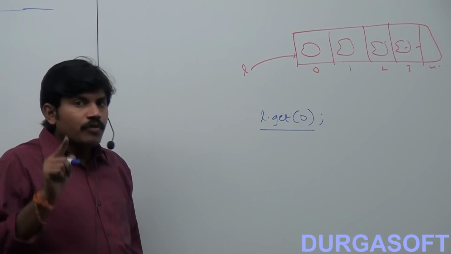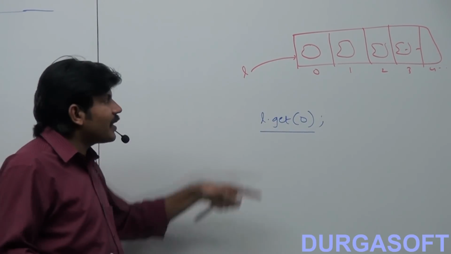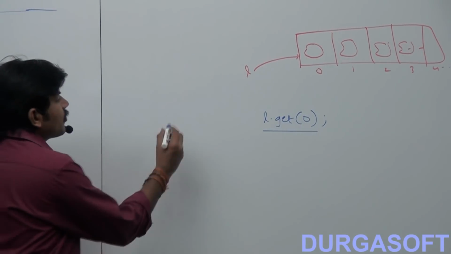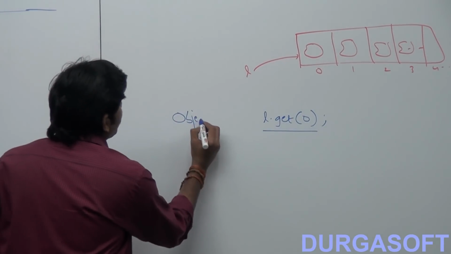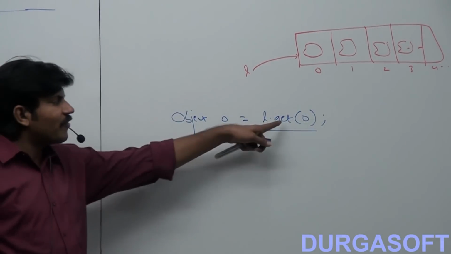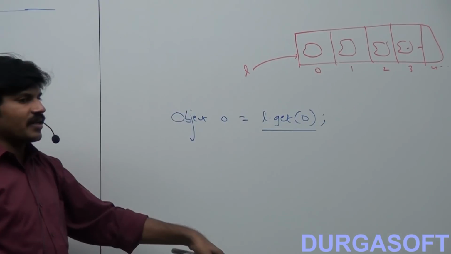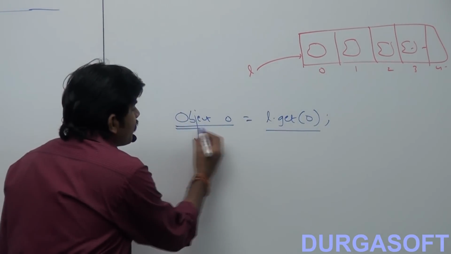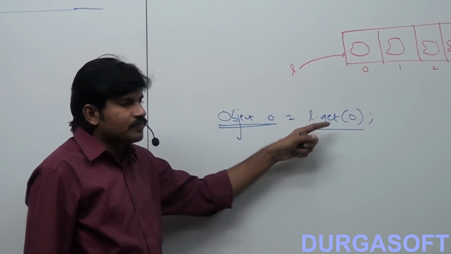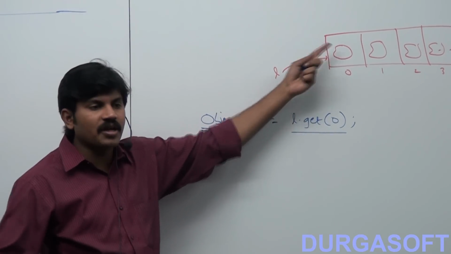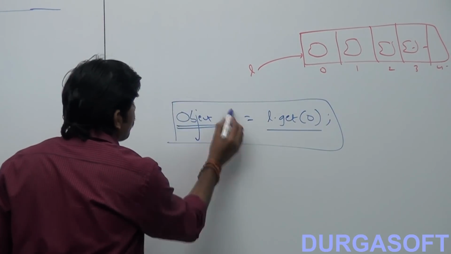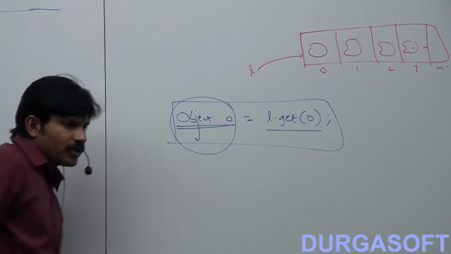We don't know. If we don't know the exact runtime type of the object, then we can hold that by using a parent reference. So the return type of the get method in the ArrayList class is Object. Why? Because the object returned by get may be a Student or Customer or StringBuffer. That's why we declared the return type as Object. Are you able to understand it?